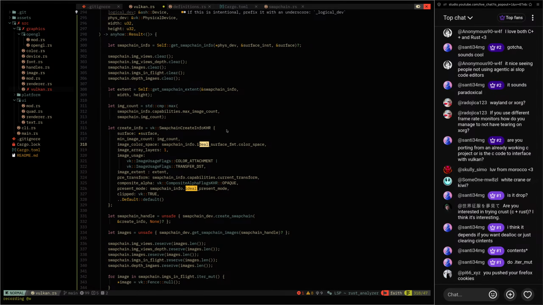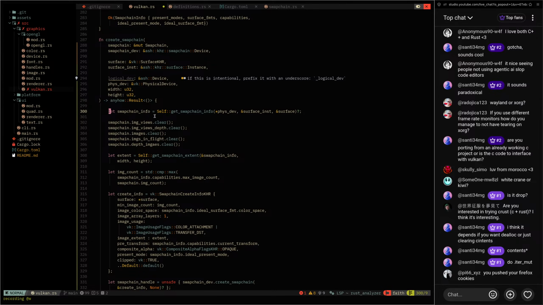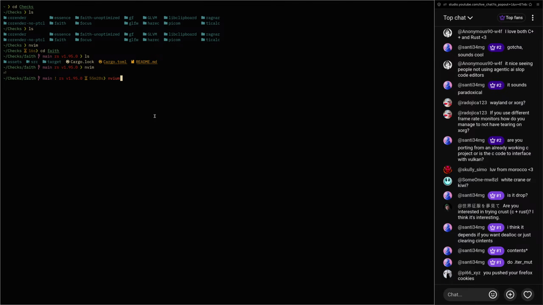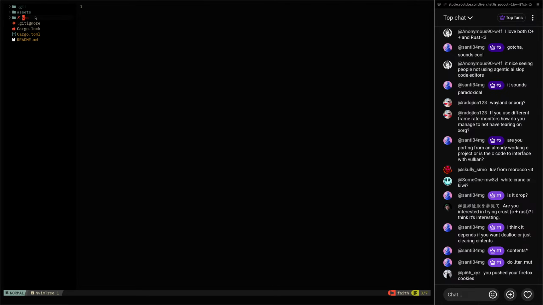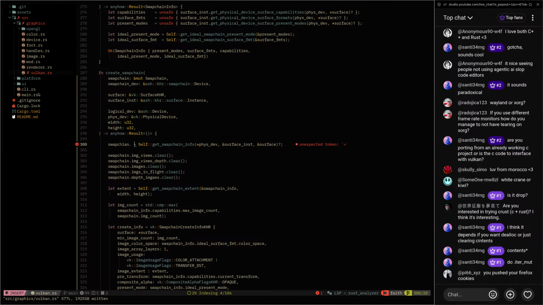Can we just say something like swap chain dot... I need to reopen my env because my LSP doesn't work. Let's say something like swap chain dot,